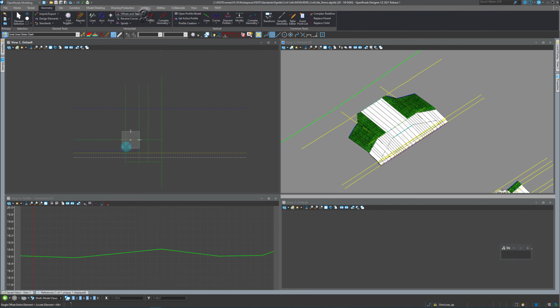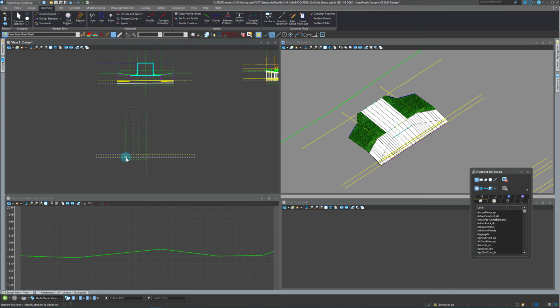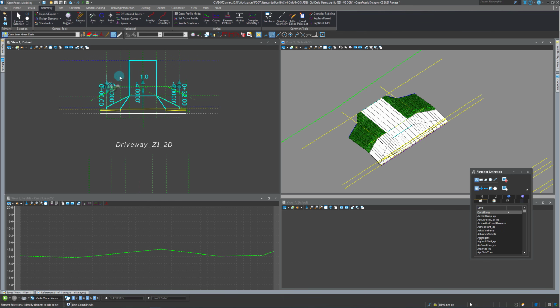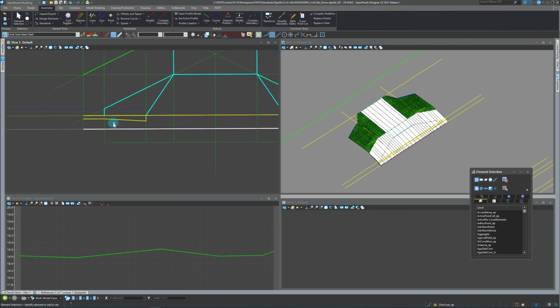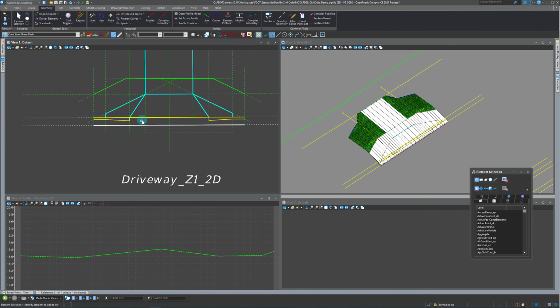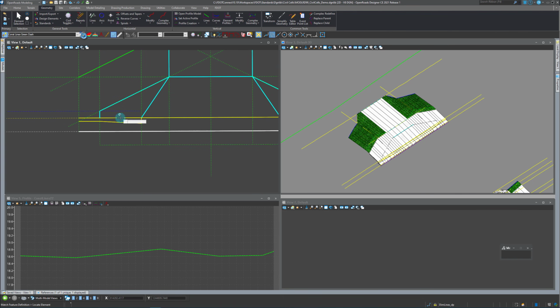And I'm just going to do a single offset entire element because this just needs to be the entire length. We've got 4. So we've gotten all the way out to there. And let's see. So you can see with these curbs, I started making some offsets. So here we can start building maybe this back of curb. So I got on my back of curb, and that goes from,